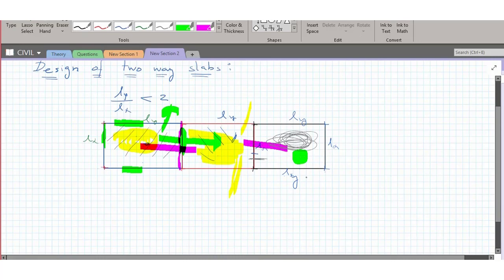So you can say three edges are discontinuous, or you can say one shorter edge is continuous. जैसे मैं बोलूं one shorter edge is continuous, तो obviously mean करता है कि three edges are what? Discontinuous. Is this clear?